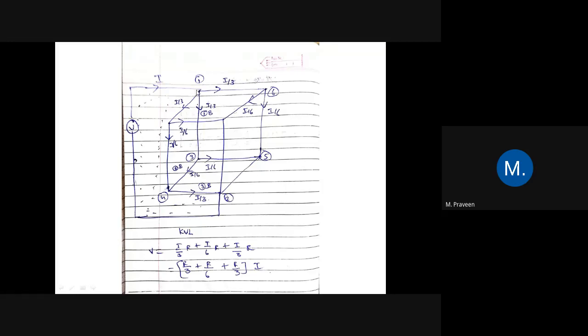So start from first corner, then third corner. See, just see my cursor here. 1, so 3, then 4 and 2. So after this 2, 1. So that is going to be the one closed loop. So now we are going to apply KVL here. Okay, so now we have to apply KVL through the path 1, 3, 4, 2.